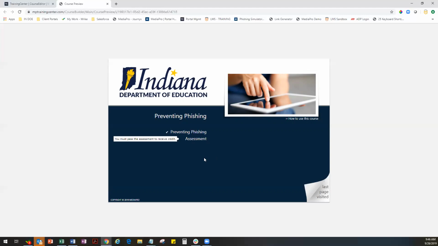So that's just a general idea of how our courses work. Preventing phishing is probably a little bit higher on the interaction level than some of them, but all of our courses are built to engage the user and to make sure that they're not just clicking through a PowerPoint deck, that there's a lot of interaction with the topics. If you have any questions on this,